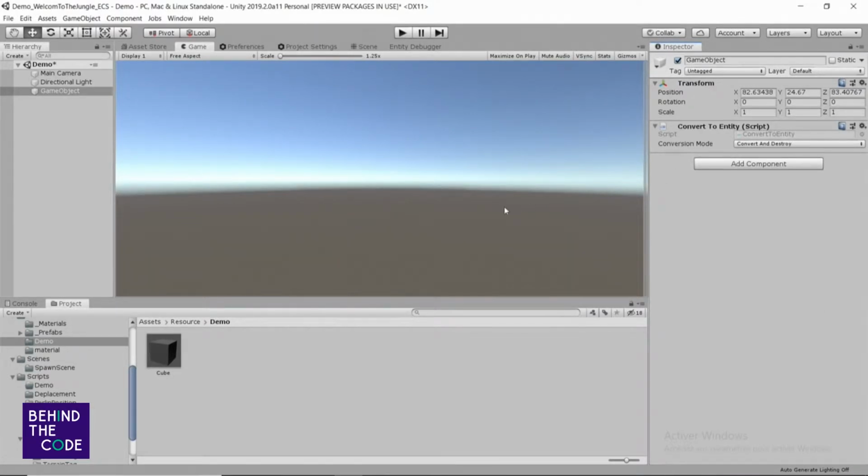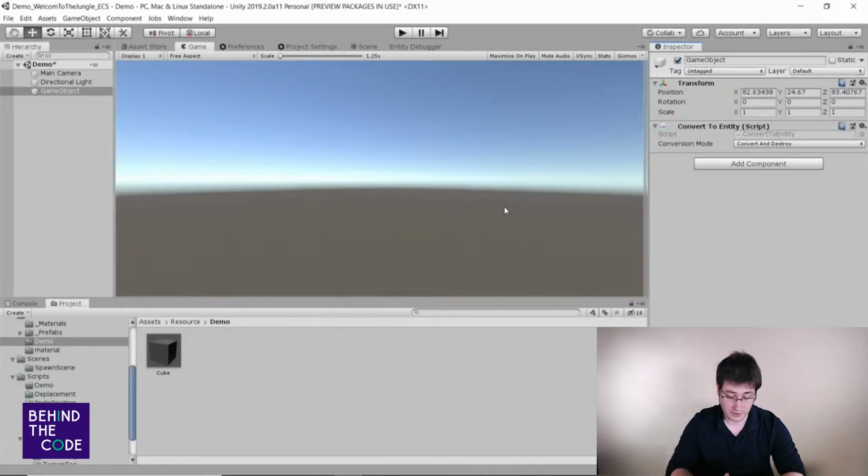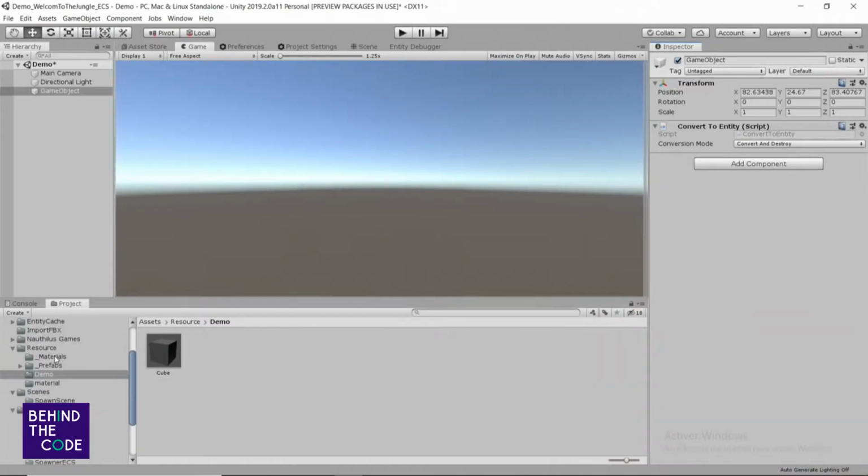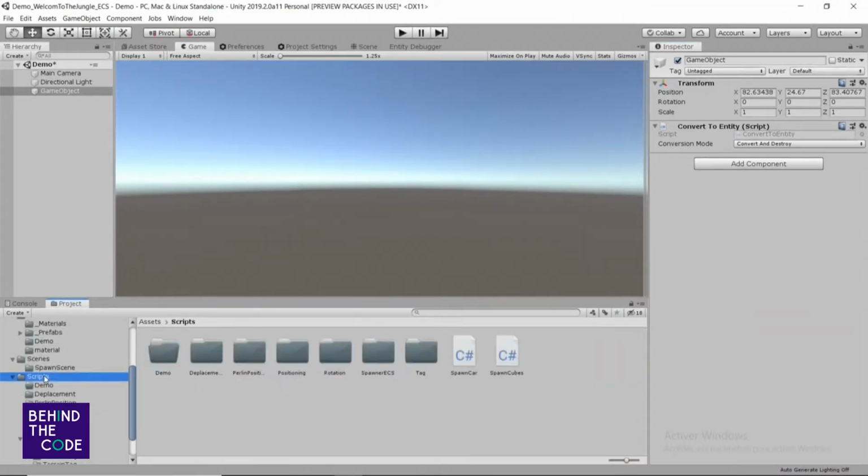So now I want to dynamically spawn my entity. I will need a component which stores my prefab, and then a system to spawn my entity. So first, the first script.